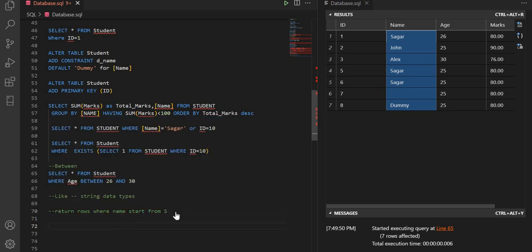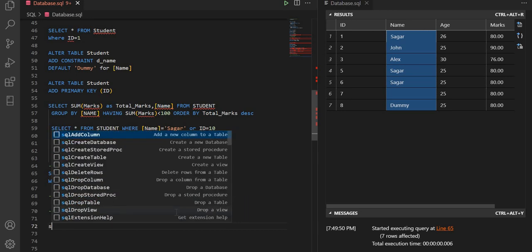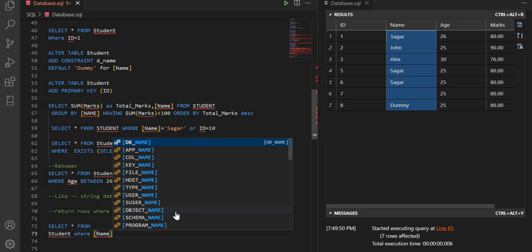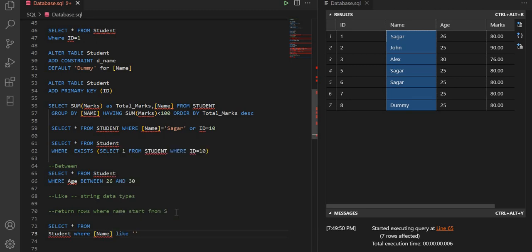So we will write select star from student where name like